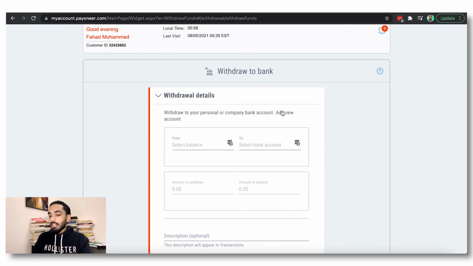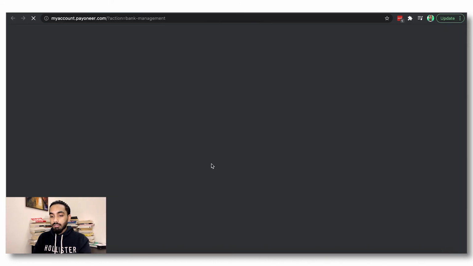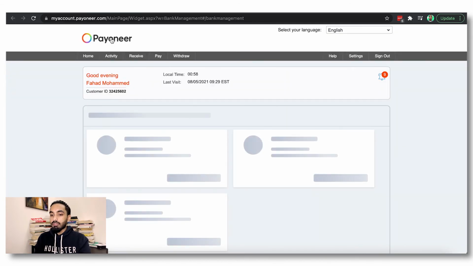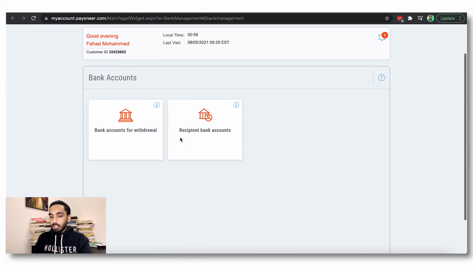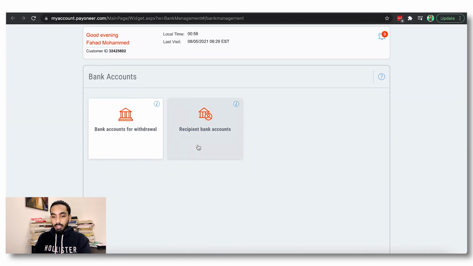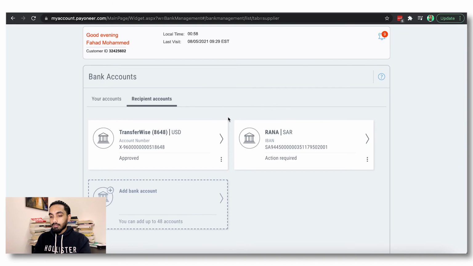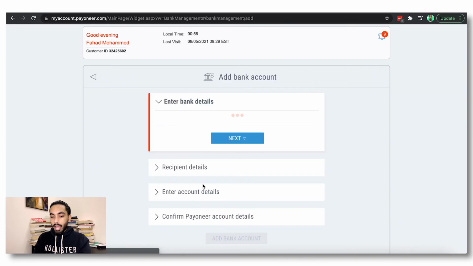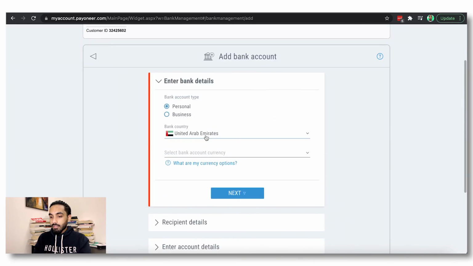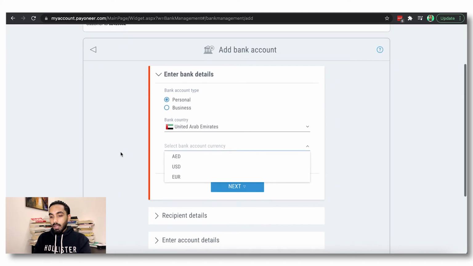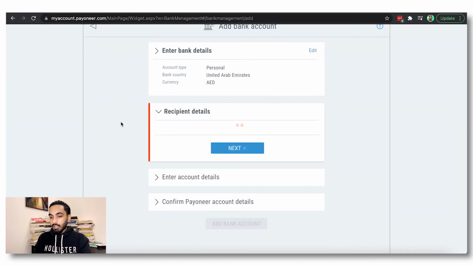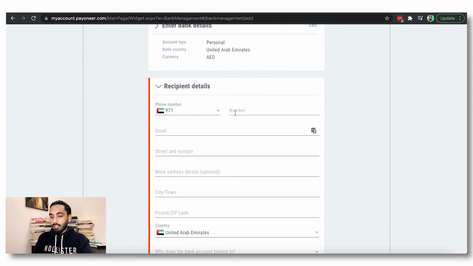If not, then you're just going to click on add new bank account, okay, and you'll be redirected to another tab. And then over here, you're going to choose recipient's bank account, okay? And right here, you are going to add bank account, personal again, UAE, AED, of course, next. All right, so 5444,